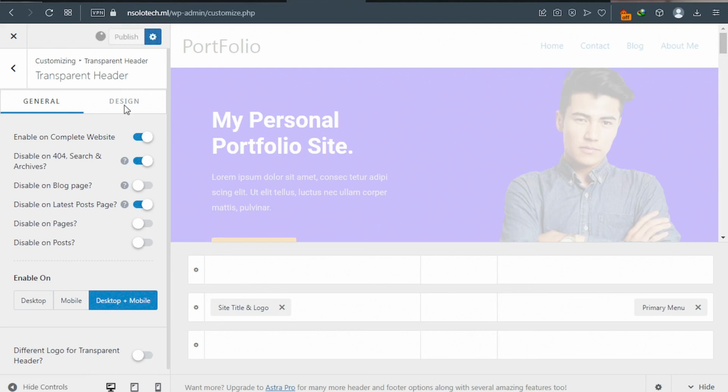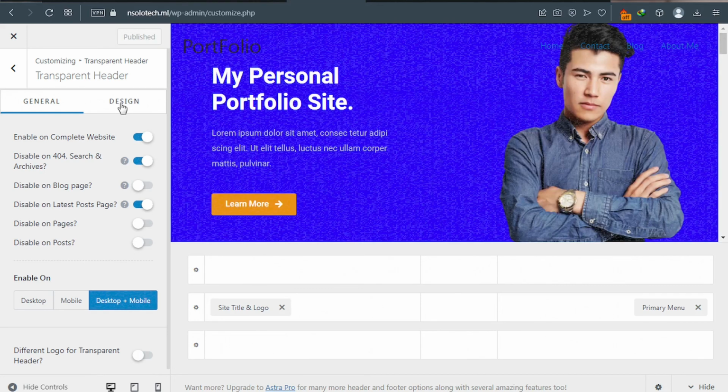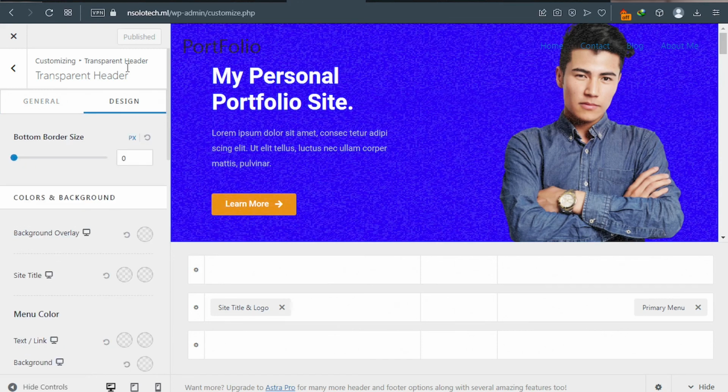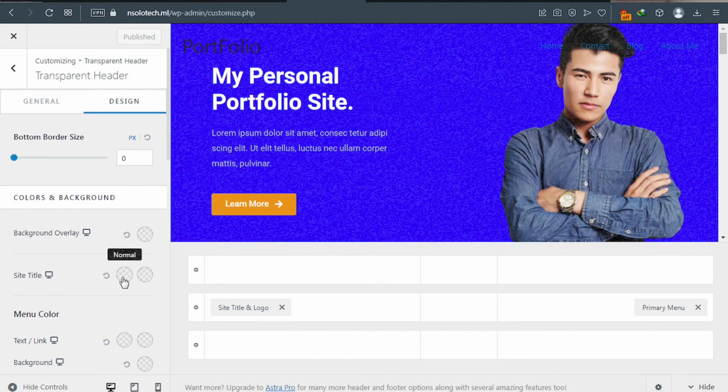Now the next thing we can look at is design. Okay, design. So you can click here, design. Good. And let's say we wanted to give it a different background color for the menus. You can do that here with design. Okay, so background overlay, your site title, you can give it a color, and I think here is somehow beneficial. So let's simply click on site title, because our site title right now is black. I don't need that. I want it to be white. So I'll simply click on white,